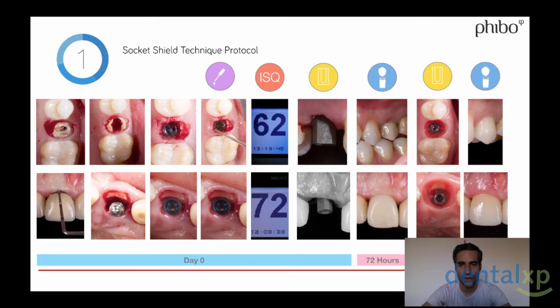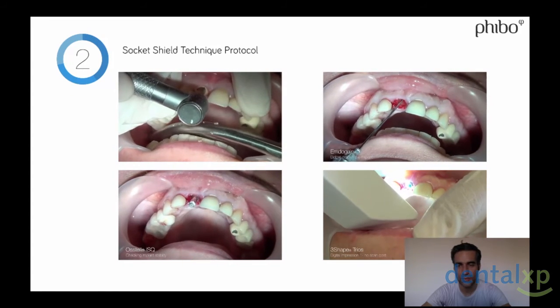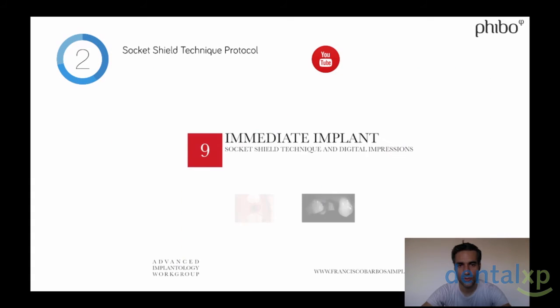We perform a digital impression. We measure the implant stability, which has to be over 60. And then we place a provisional, we wait 4 months, we perform another digital impression, and then we deliver the definitive restoration. Here is a video that explains the whole process, but we are going to pass to an entire